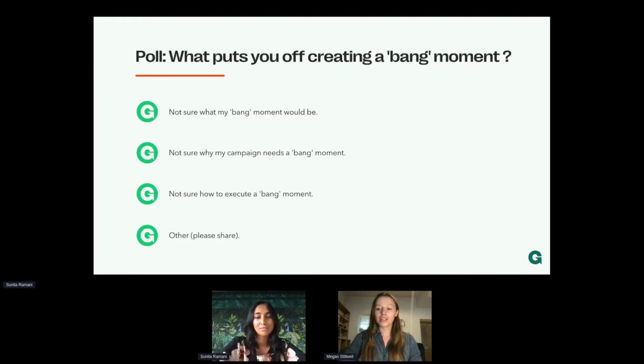And then we've got 2 votes for others. So I'm just looking in the chat. We've got Charlie Porter says, how to create a bang moment that cuts through all the other ongoing bang moments. Yeah, it's really difficult to think of a way that you can actually cut through that noise. And I see Simon had mentioned that earlier as well. So a campaign in the run up to COP26, along with almost every organization at the moment.